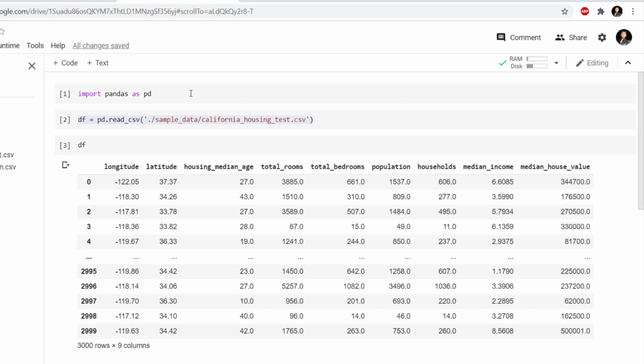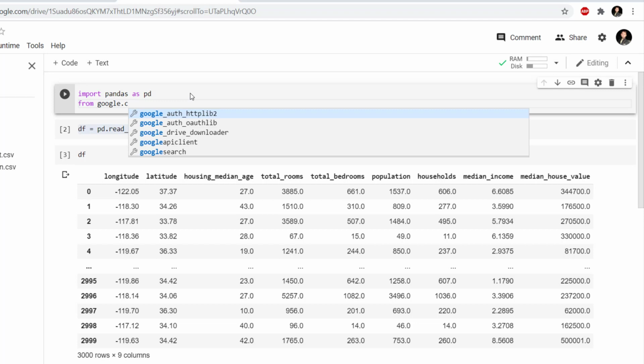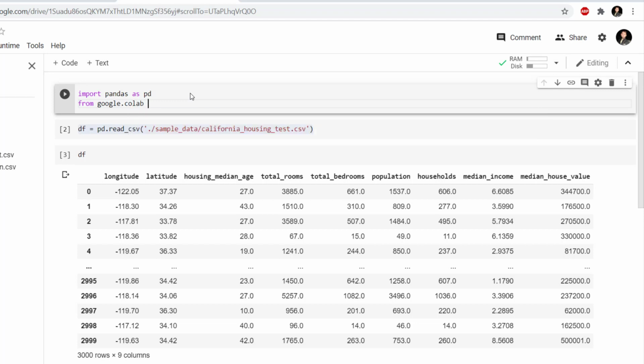So you'll have to mount the Google Drive, and for that you'll have to import the library from google.colab import drive.